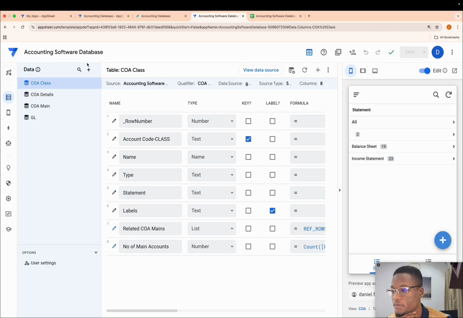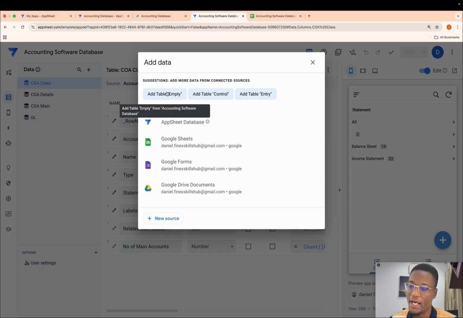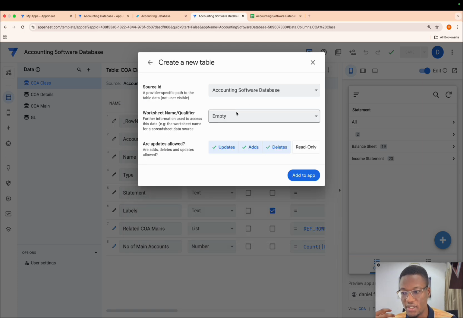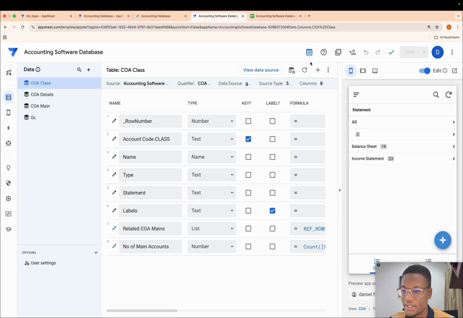So we'll come here, click on the plus. Good. And luckily for us, our tables have already pulled in. Our empty sheet is also finally in now. Good. The reason why we have this empty sheet over here is that in the event AppSheet doesn't load quickly to bring in our tables, we can just click on this empty sheet and then we can select. So hold on, let me do this again.